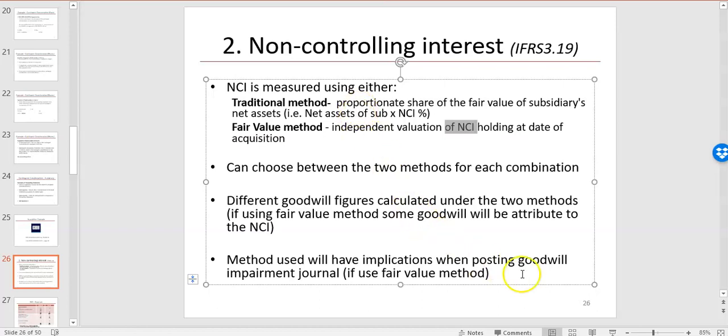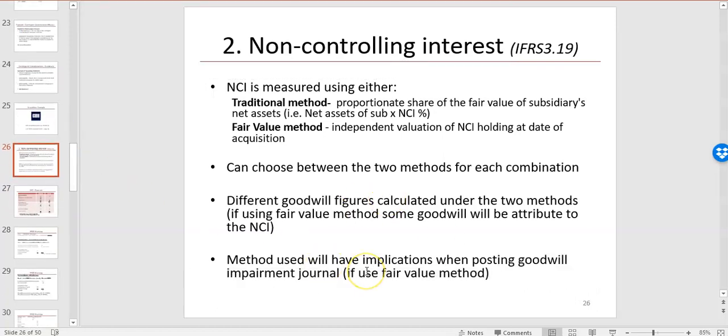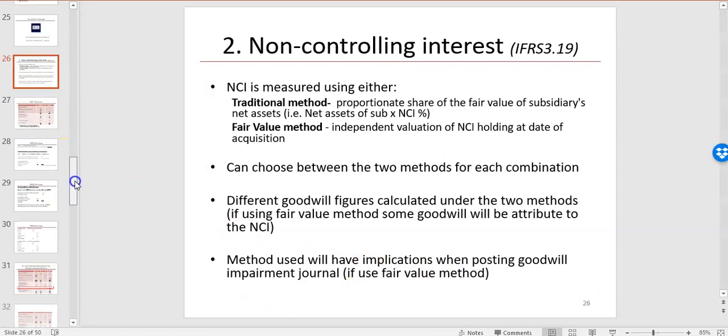The other thing to note, and this will make more sense in week 3 and week 4, is that which method you choose will also dictate how you post journals for goodwill. So depending on whether you use the traditional method or the fair value method, that will dictate how you allocate the goodwill impairment between group retained earnings and the NCI. Just keep a little flag for that, and we'll come back to that in our week 3 and week 4